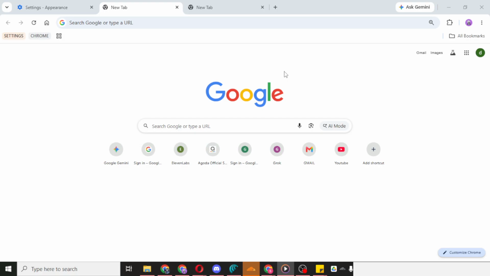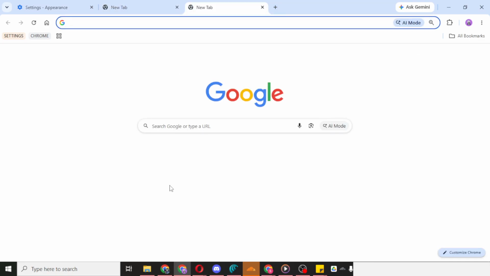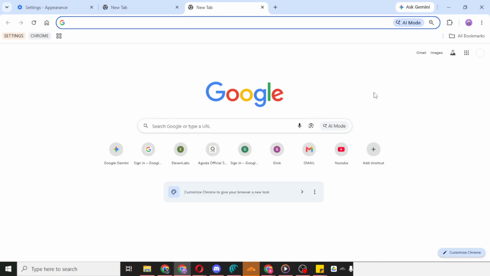First, open Google Chrome on your device and go to the website that was giving you the Access Denied message. Before changing any settings, start with the easiest fix. Close the tab where the website is open, then open the website again in a fresh tab. Sometimes the page fails to load correctly because of a temporary error, and simply reopening it can refresh the connection and solve the problem right away.